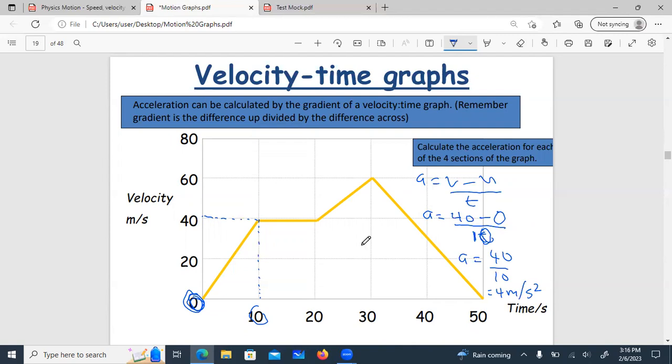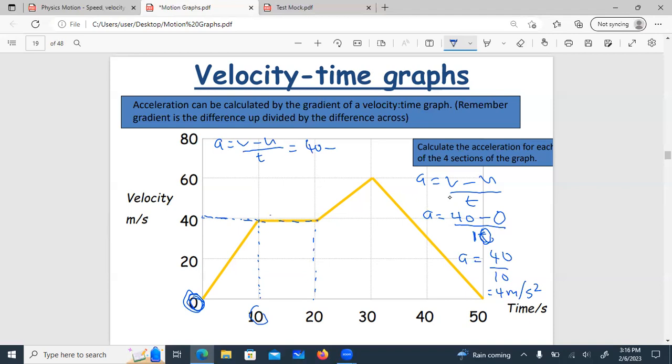So now we want to calculate our acceleration within the next 10 seconds, or from 10 to 20 seconds. Okay, from the timestamp 10 seconds to 20 seconds. Which formula would you use for acceleration there? The same formula, acceleration equals v minus u divided by t. What's our V here? V is our final velocity, which is the velocity at 20 seconds. What's the velocity at 20 seconds? We have 40 meters per second. So we have 40